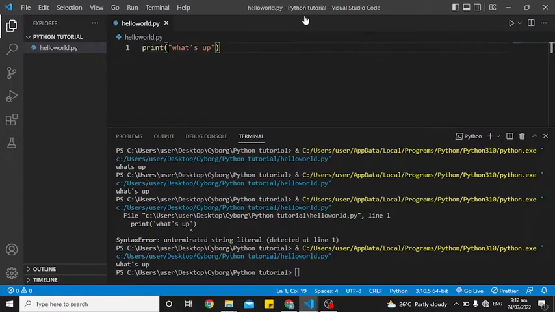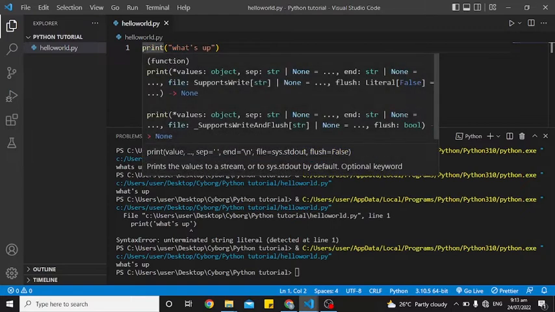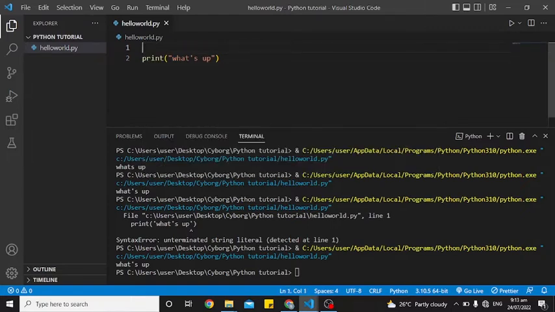So let's look at another one: how can we represent comments in Python. Comments are actually used to comment out things in Python. Now let's say we have WhatsApp. All right, now let me take it down. We want to write it. Now let's write a comment. We use the hash sign or the pound sign. Let me say right here,